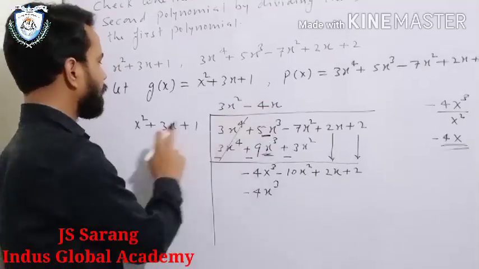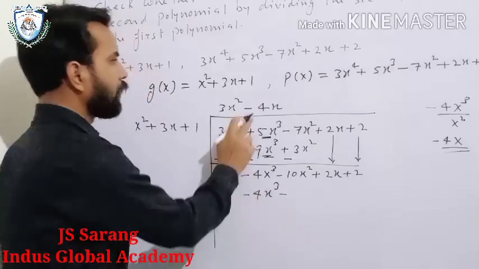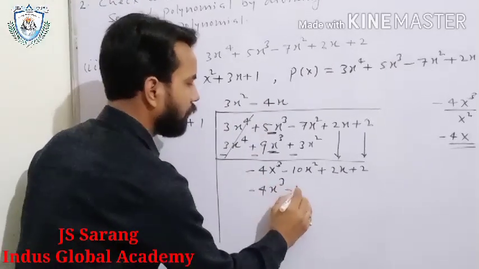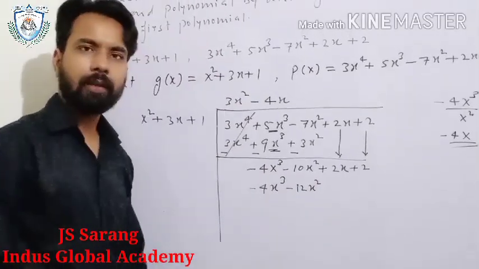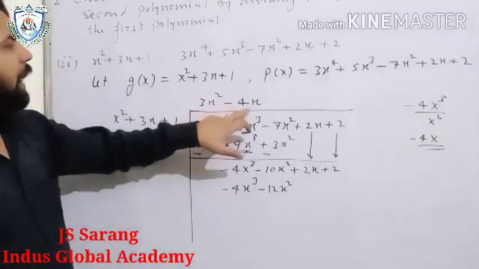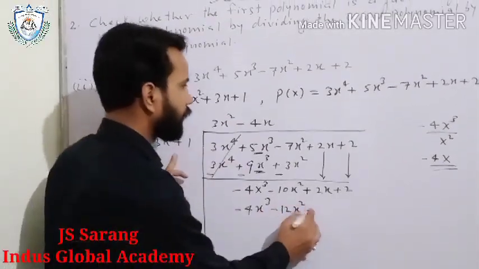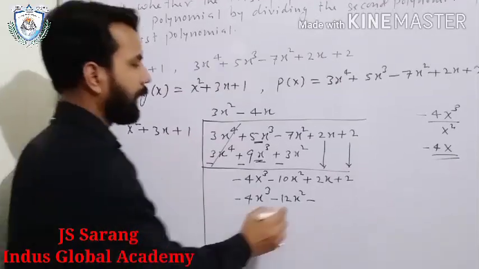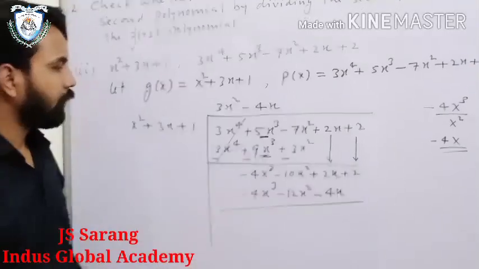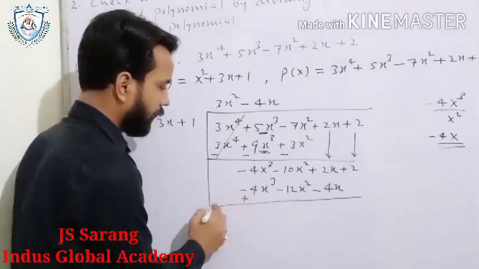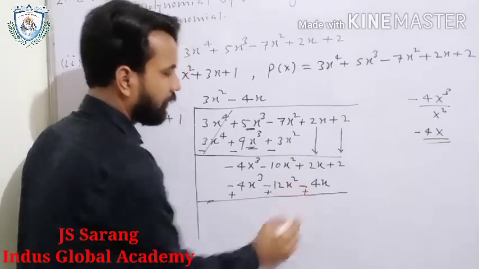Now minus 4x is multiplied by plus 3x. So minus into plus will be minus. 4 into 3 gives you 12 and x into x gives you x square. Understood? Now this minus 4x is multiplied by plus 1. So plus minus minus and 4x into 1, that is 4x. Again we will change the sign of this. This is negative, so it will be positive. This is negative, it will be positive. This is negative, it will be positive.